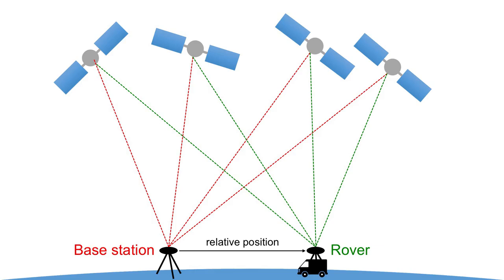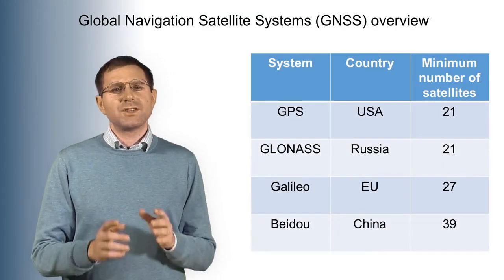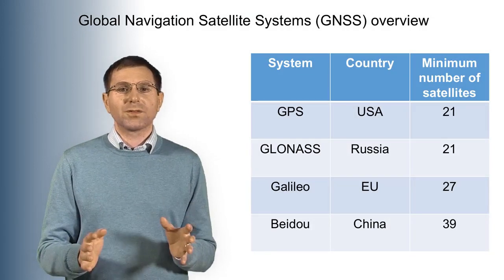This works even if the receiver is moving. The second receiver is in that case then referred to as rover. If we put GNSS receivers at different locations around the globe and start designing a network in which we can compute these relative positions, we will then be able to take benefit from the relative positioning technique while still obtaining millimeter precise positions. GPS is not the only GNSS, and there exists also the Russian GLONASS system,